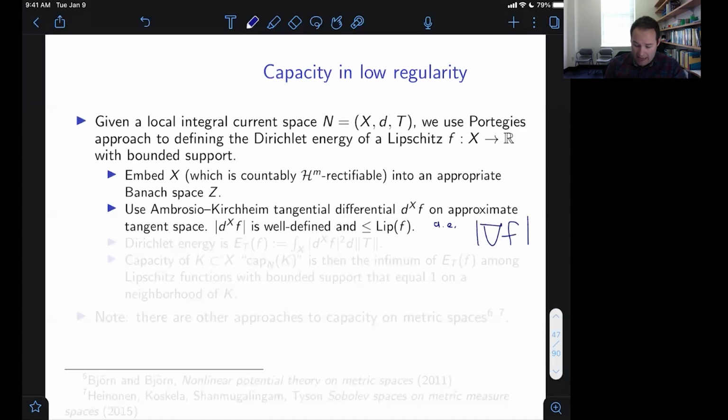Okay, that as you would certainly want to be true, that is always bounded above when it exists by just the Lipschitz constant of the function. So it's finite in particular, it's bounded. Once you have that, then it's a simple matter of going from there. You have this function, you can integrate it, we'll square it and integrate it to get the capacity. You integrate it with respect to the volume measure.